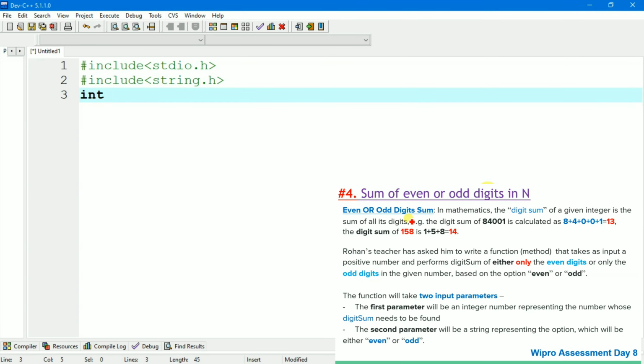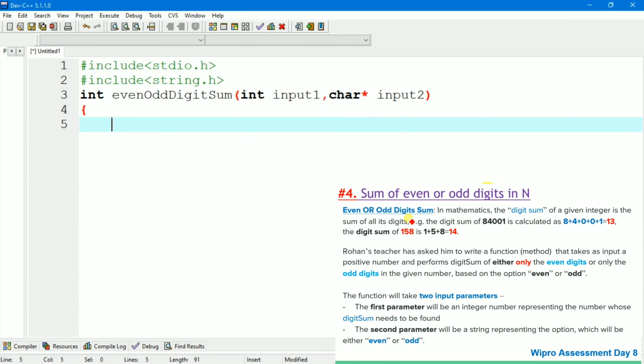After that we will declare a function, let's say even odd digit sum, and we will pass formal arguments, that is input 1 and one character argument, that is input 2. After that we will declare and initialize some variables, that is rem for remainder, and let's say sum1 equal to 0 and sum2 equal to 0.